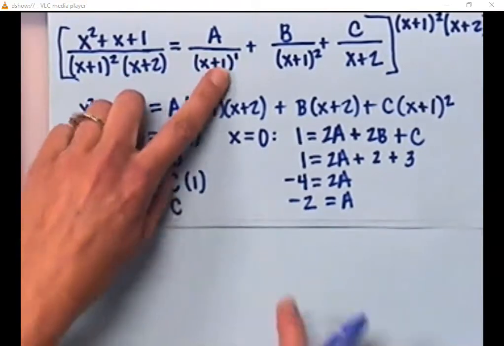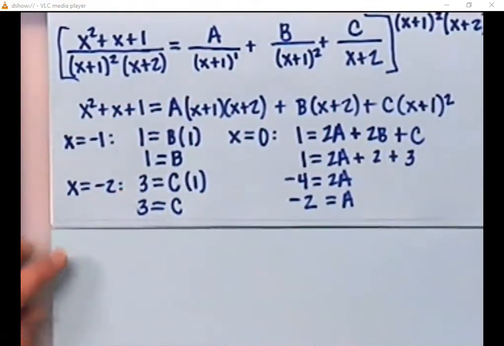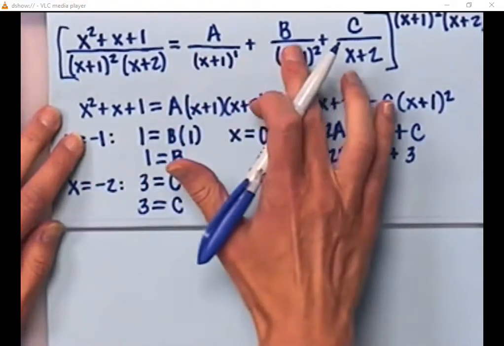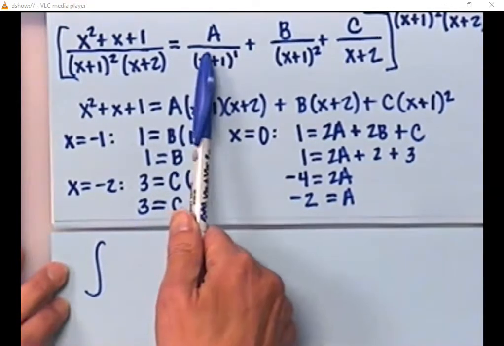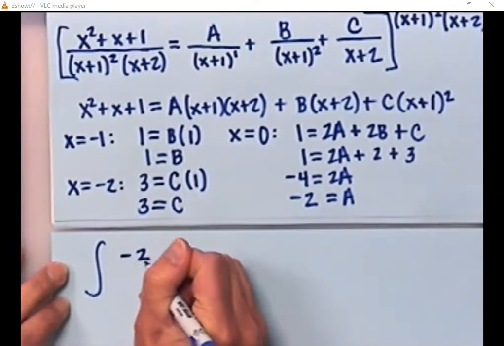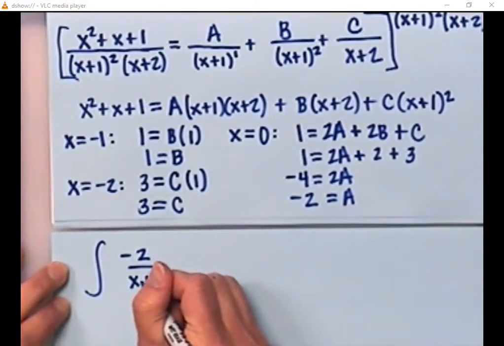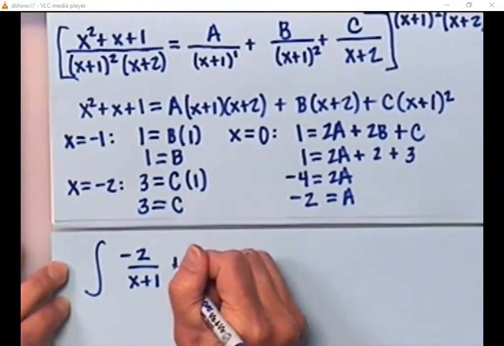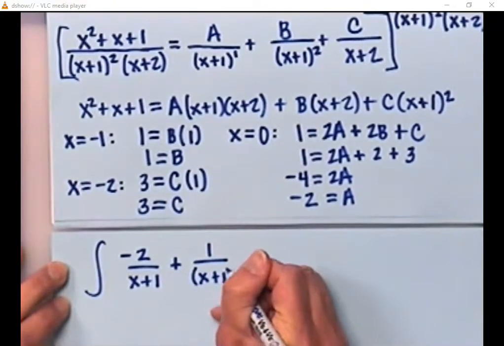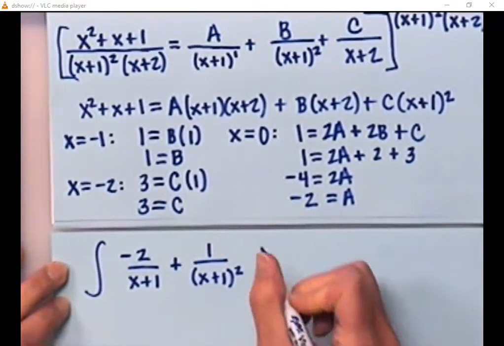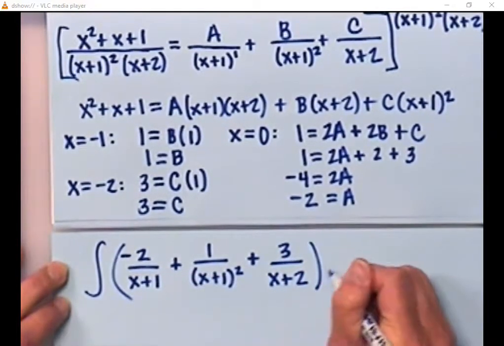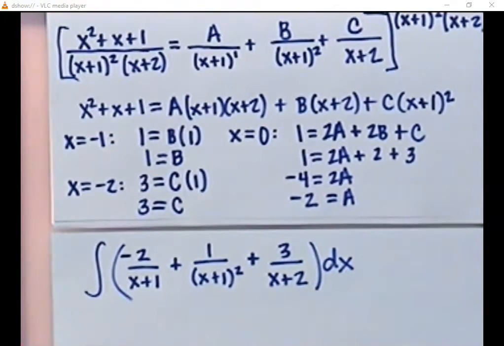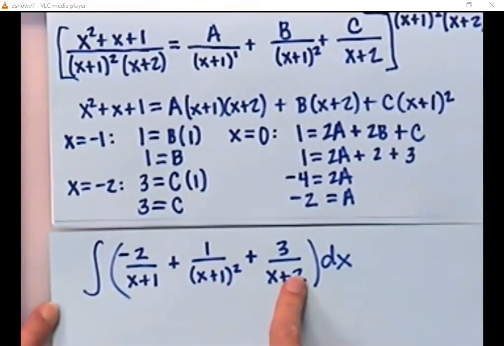We can rewrite our integral. We know the A, B, and C numerators. And hopefully then once we split them up into these fractions, I'll be able to integrate. So here's my new integral. So I start with A. A was a negative 2 over x plus 1 to the first. The B was a 1, so plus 1 over x plus 1 squared. And C was 3, so 3 over x plus 2. Okay, so I do the partial fraction decomposition, break it down into 3 different fractions, and hopefully I can integrate